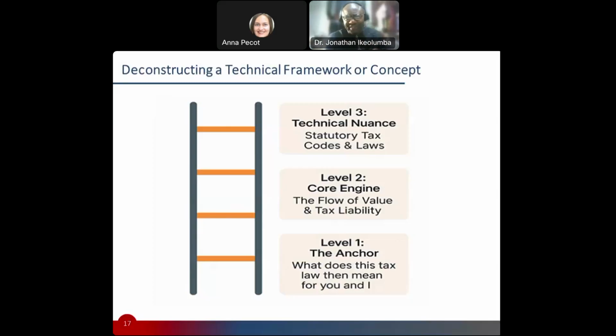And so I think we can funnel it down, right? That's why I think a good way to deconstruct a technical concept is to first of all establish that there's a technical nuance or a technical term, break it down to say what that technical term means, and then, more importantly, what is in it for the learner. So it's like a three-stage ladder, right? The technical term sits at the top. Then what does it mean in terms of what's happening? I mean, what's the messaging in the technical term? But what the learner really wants to know is what does it mean for me?